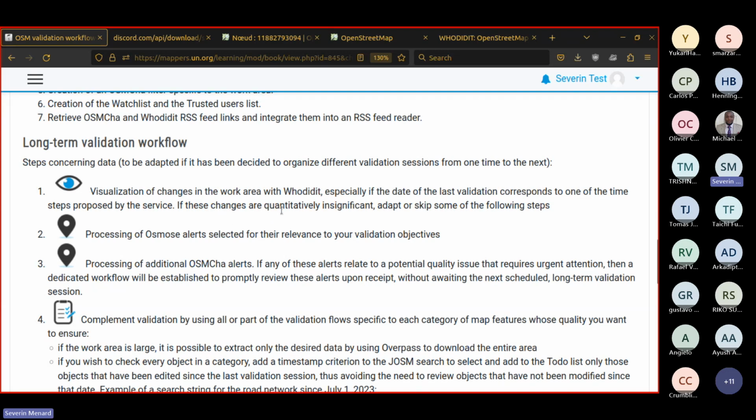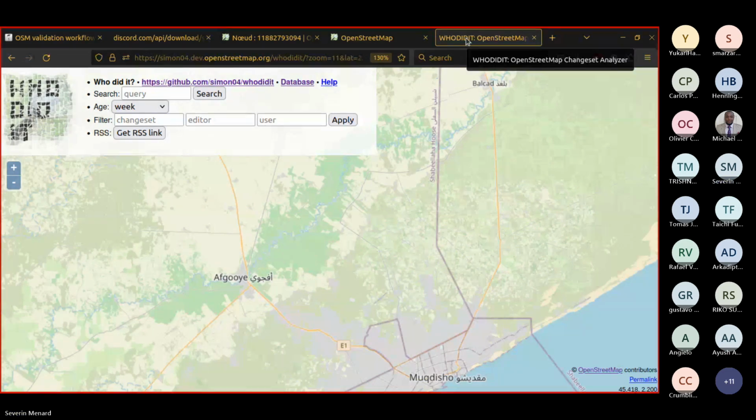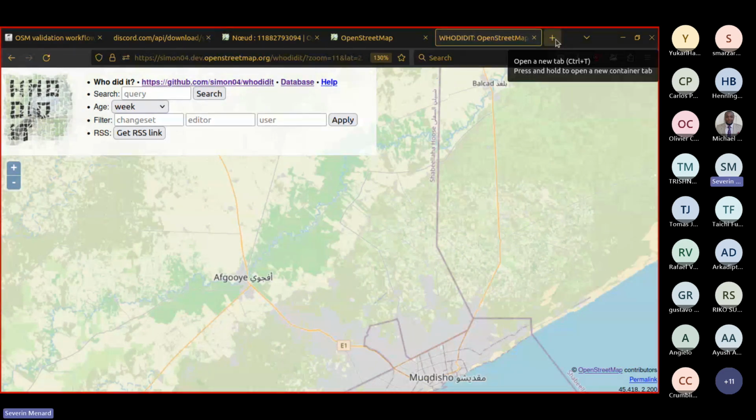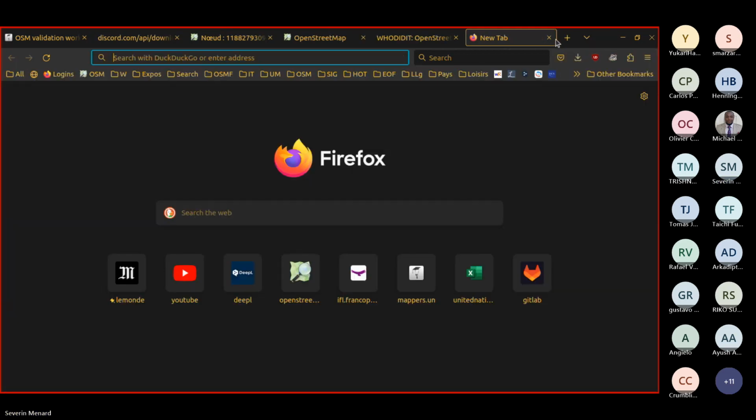And if the changes have been really significant, you can adapt the rest or even skip some steps. Okay. So after this first glimpse of the contributions since the last time you validated, you would check the same area in Osmose.